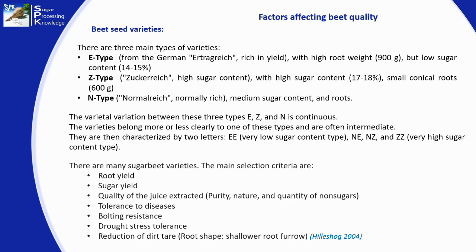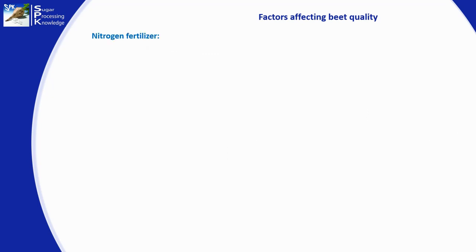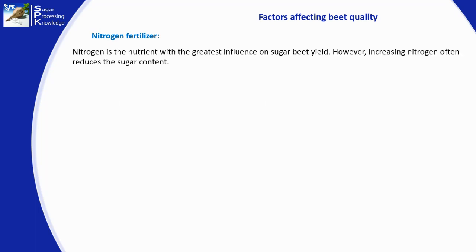The third important factor affecting beet quality is nitrogen fertilization. Nitrogen is the nutrient with the greatest influence on sugar beet yield. Nitrogen is a key component of enzymes, vitamins, chlorophyll, and other cell constituents, which are essential for crop growth and development. However, if too much nitrogen is applied, there will be a reduction in sugar concentrations and an increase in